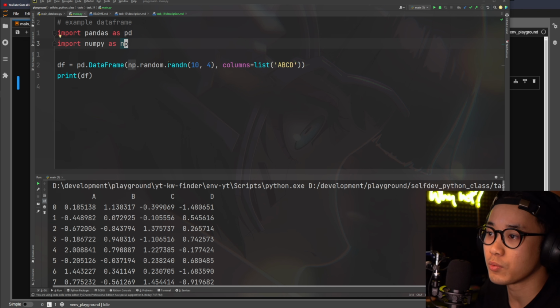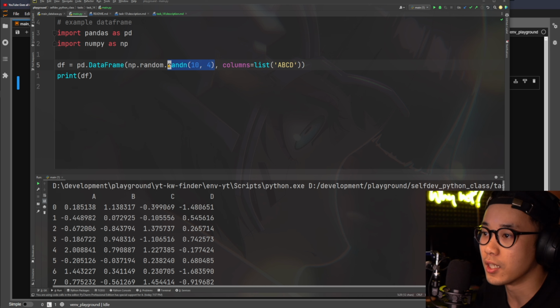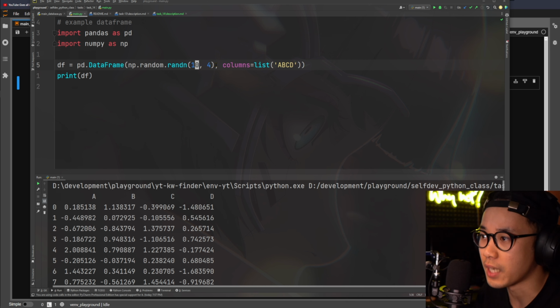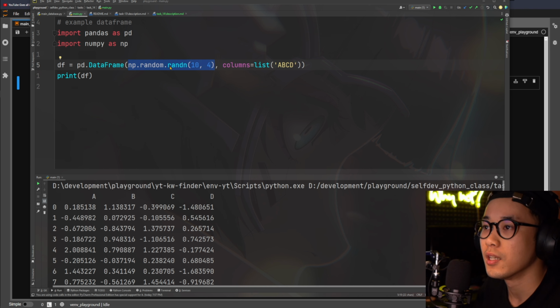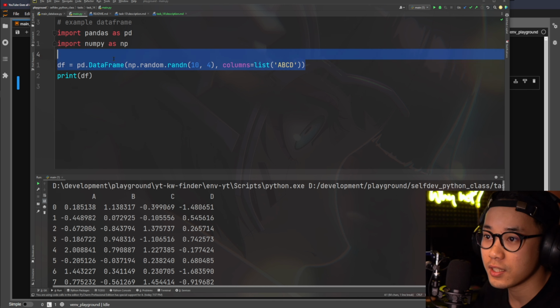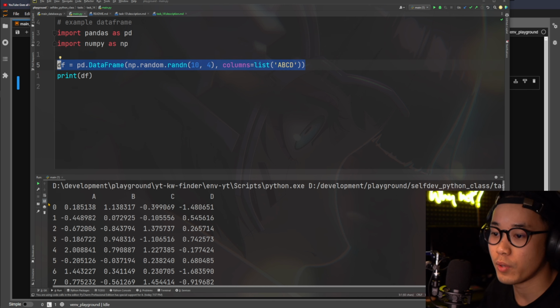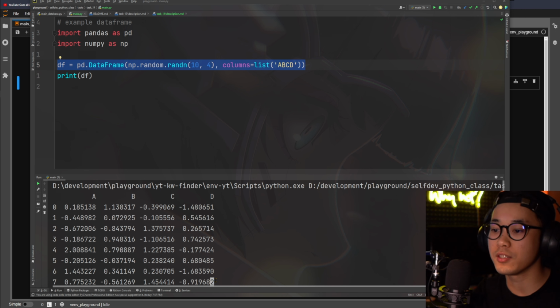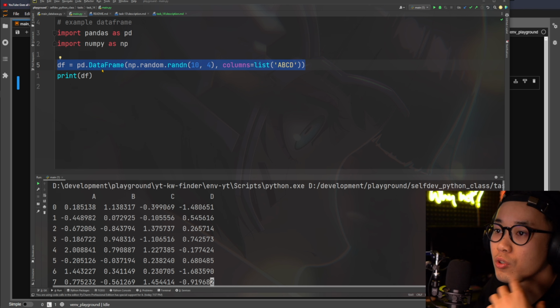We just said we want to create random data structures between specific numbers. All you need to know is that by using this line, we created this whole table. And that's a totally new data structure which you haven't seen before,